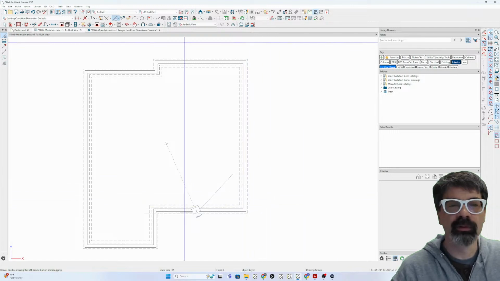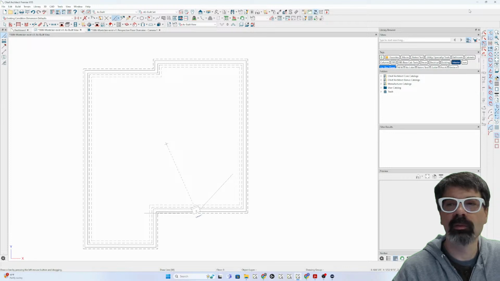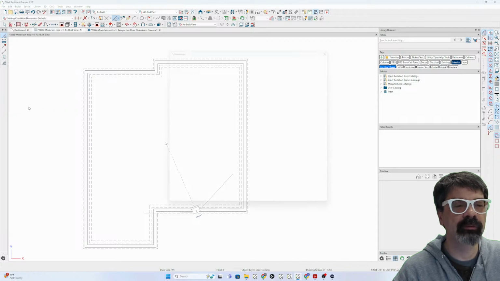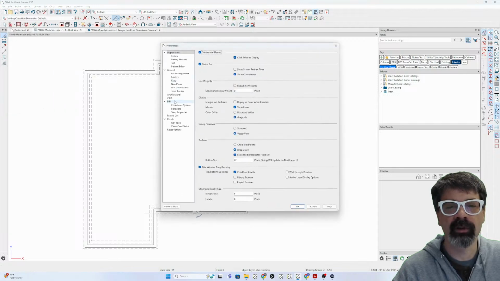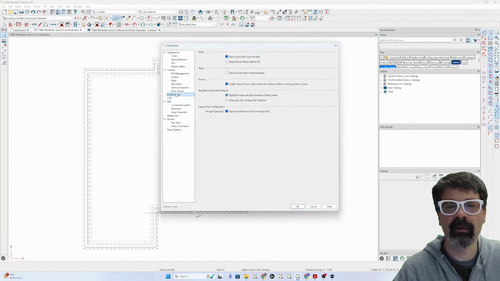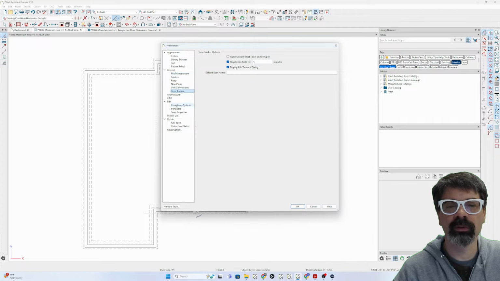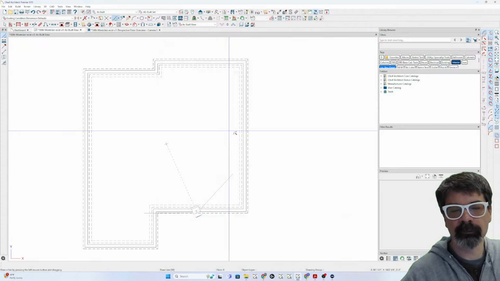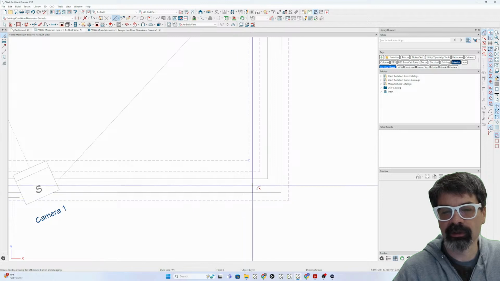Lastly, I'm going to go into preferences. I believe on a Mac you go to File, Preferences, and on a PC you go to Edit, Preferences. And I'm going to go to the CAD. Nope, not the CAD. Architectural. Which one? Oh, there we go. Edit, Behaviors. There we go. Concentric. I'm going to jump 1/2 of an inch. And what I'm going to do is jump 1/2 an inch closer